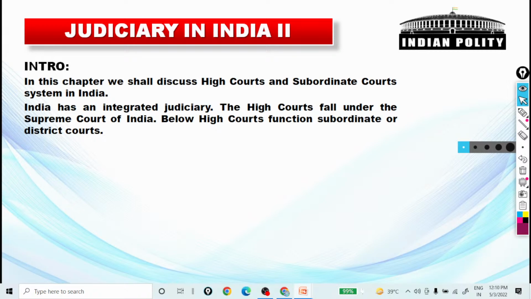Last class we had a discussion on high courts. We had already started that. We had discussed the history of high courts, and as you were told, the first high court initiative was taken in 1861 under the Indian High Courts Act 1861. The first high courts were established in 1862 at Calcutta, Bombay, and Madras, respectively. And we have also noted that various high courts were set up at different times by the Parliament under an act.